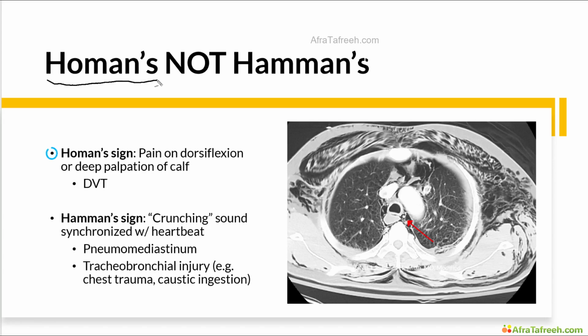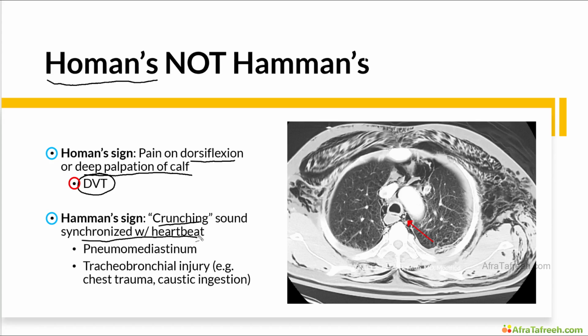In the Homan sign, the patient is classically going to have pain on dorsiflexion or deep palpation of the calf, and this is highly characteristic of a DVT. This is in contrast to Hamman sign, which refers to a crunching sound that is heard on auscultation that is synchronized